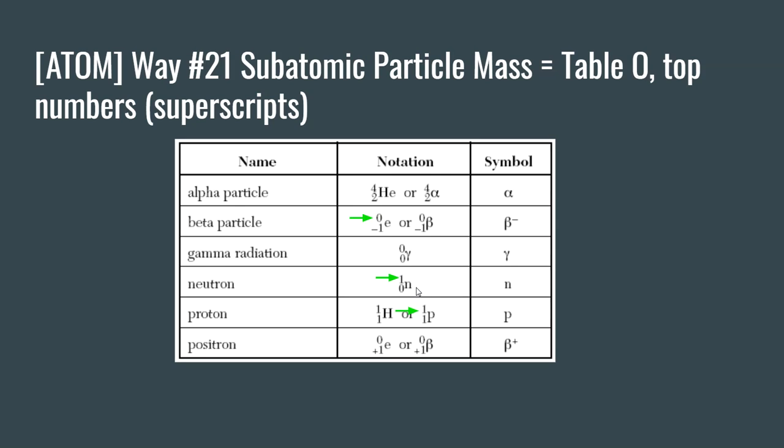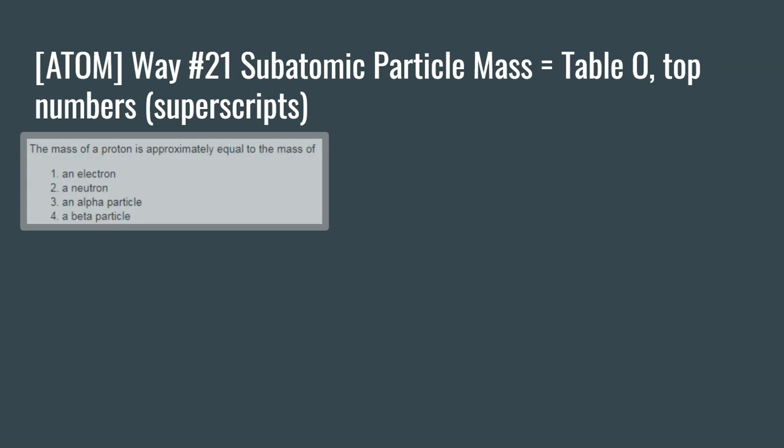For all the questions that deal with mass of these subatomic particles, you're always going to use Table O. So let's try some problems that deal with this. And please be referring to Table O throughout the duration of these problems. Let's try some problems. The mass of a proton is approximately equal to the mass of